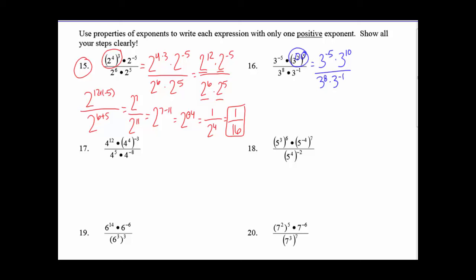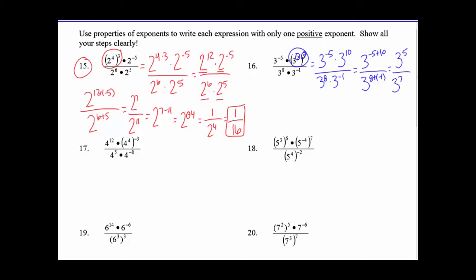So now I have all the same bases, so I can combine my exponents. So I'm multiplying on the numerator, so I am going to add my exponents together. So negative 5 plus 10. Similarly for the bottom, I'll have 8 plus negative 1. We simplify that, we should get 3 to the 5th power on the numerator and 3 to the 7th power